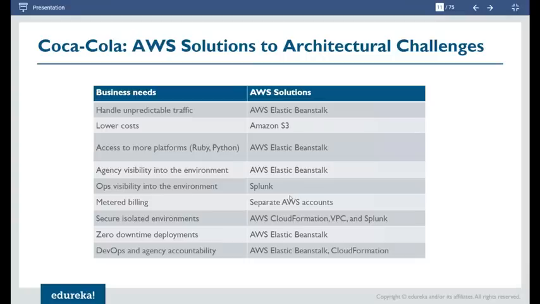For metered billing, obviously AWS provides a separate account for every country or region, depending on your business requirement. You can go ahead and have different accounts created. For a secure isolated environment, CloudFormation, VPC, Splunk. For zero downtime deployment, Elastic Beanstalk. For DevOps and agency accountability, again Elastic Beanstalk and CloudFormation.